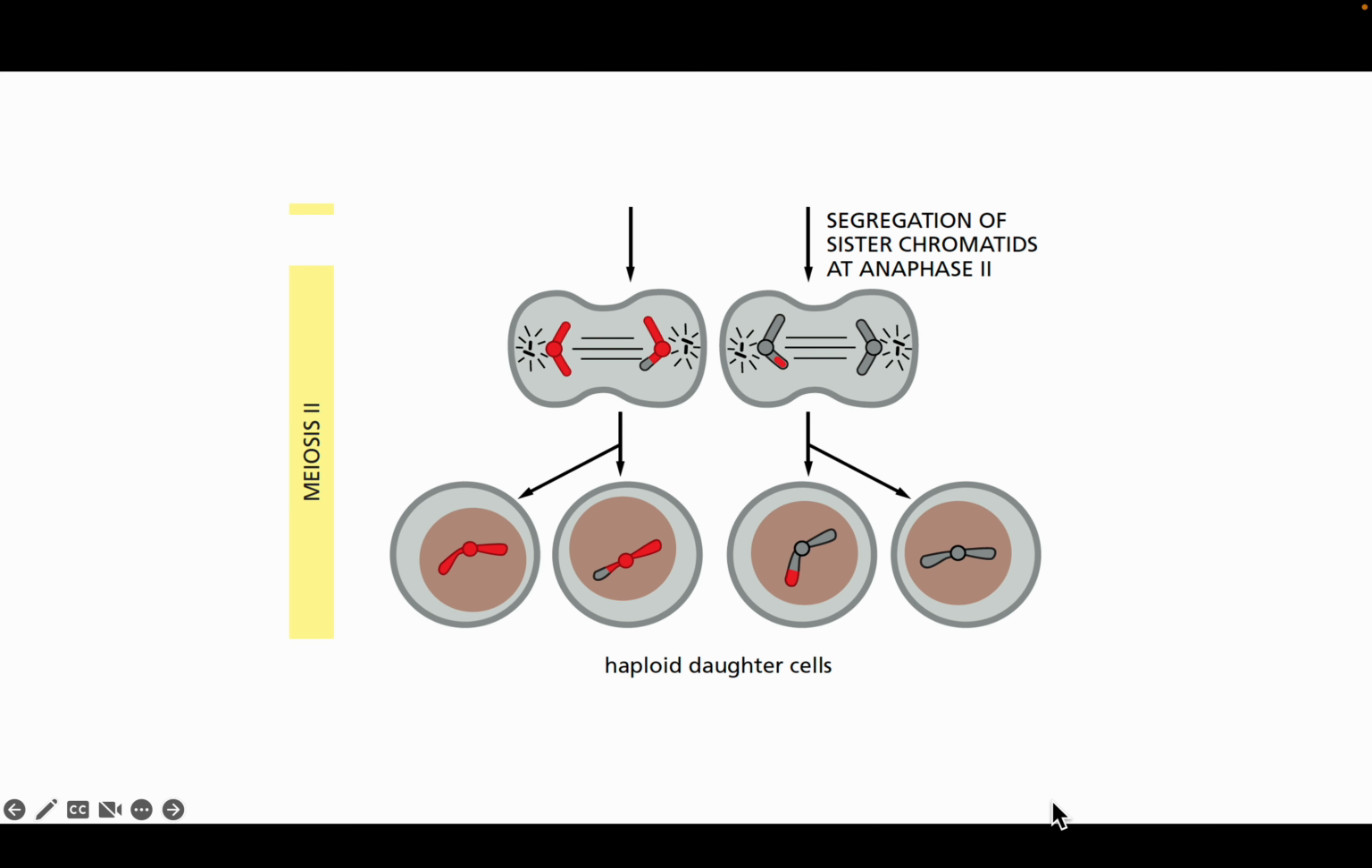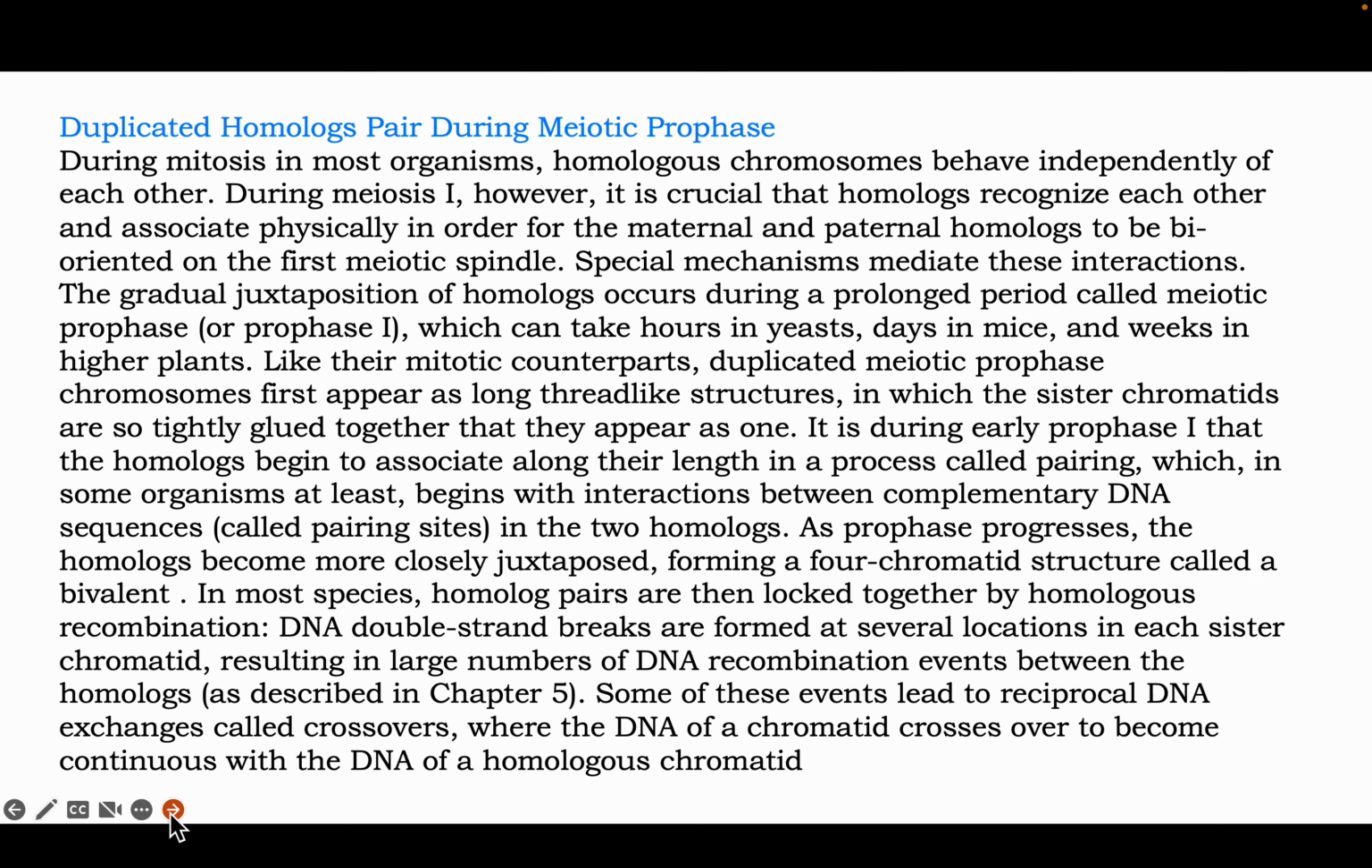So what happens in meiosis 2? Segregation of two sister chromatids at anaphase 2 will occur. So these two sister chromatids also get segregated and they will make four haploid daughter cells. So duplicated